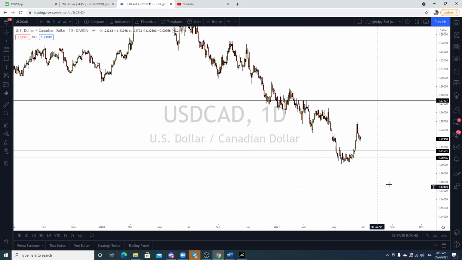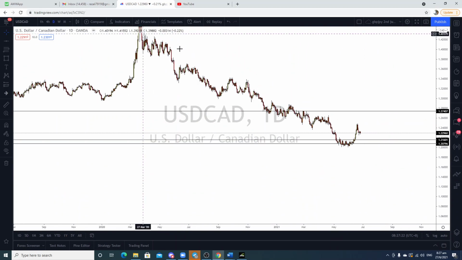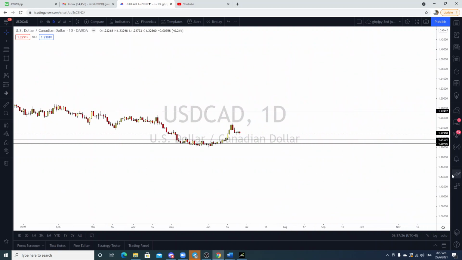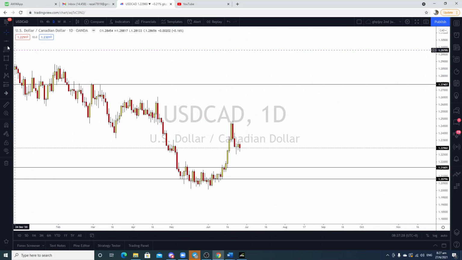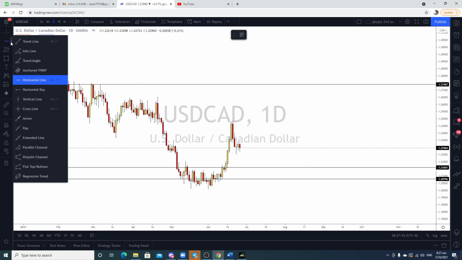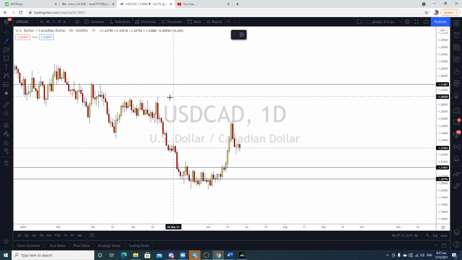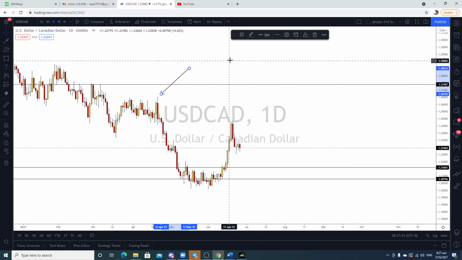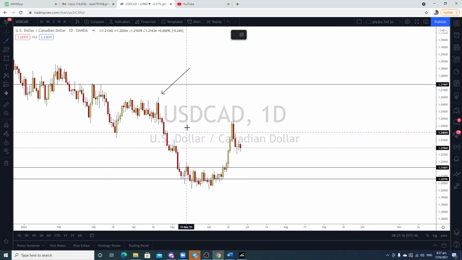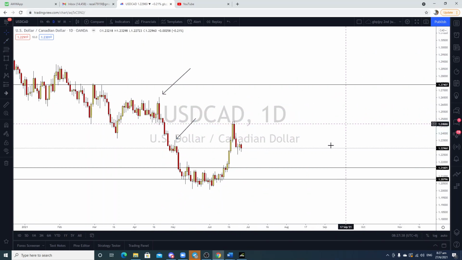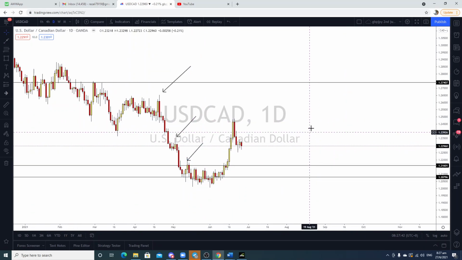But at the rate the market is going here, it's a downtrend, correct? Let me give you an example. If you say this is still a downtrend, first of all, can you validate that it's still a downtrend? There's a lower high here, so it's still a downtrend. There's a lower high here, still a downtrend. Lower high here, still downtrend.